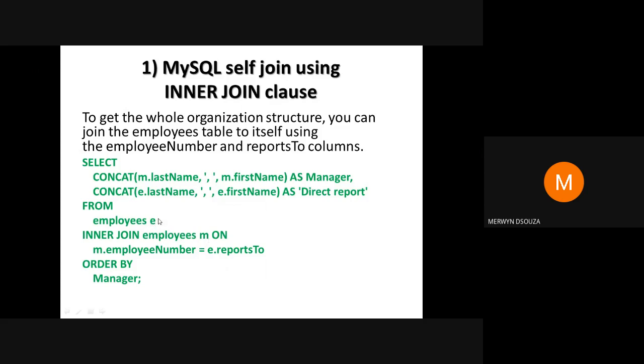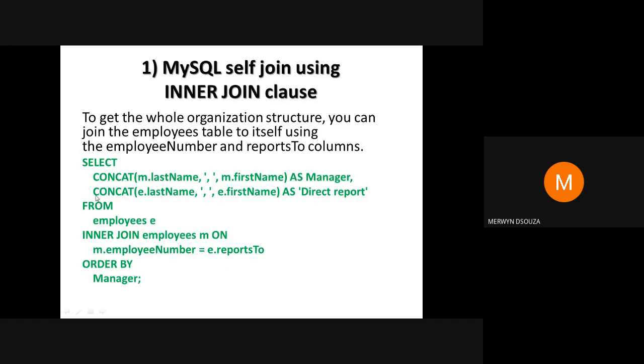So therefore here I give that I want displaying from the alias of employees, that is M. So last name and first name are concatenated using the alias M. Similarly, here the last name and first name are concatenated using the alias E. Like I told you previously, if you reference the table twice without using table aliases, then it will result in an error. So to prevent that, we are giving different aliases for the same table.